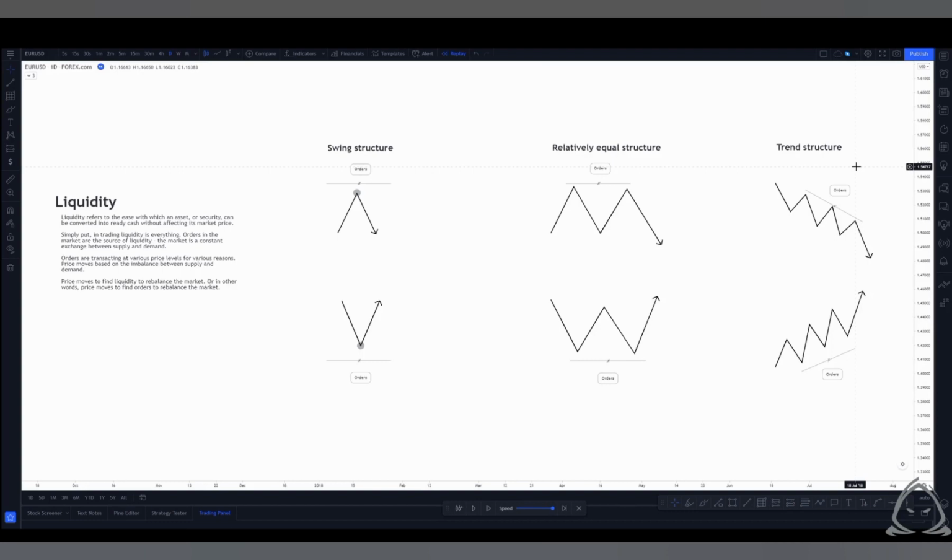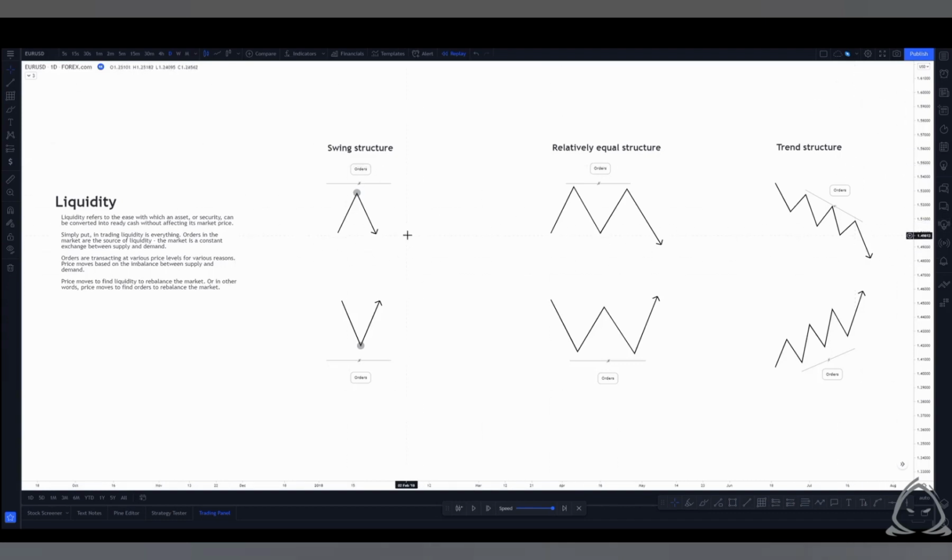Because in fair exchange, price will remain constant or relatively stable. But as soon as there is an imbalance between demand or supply, that is when price will move rapidly either up or down to rebalance, to get it back to a state of liquidity where orders can very simply be converted into cash without inversely affecting the price. So with that said,